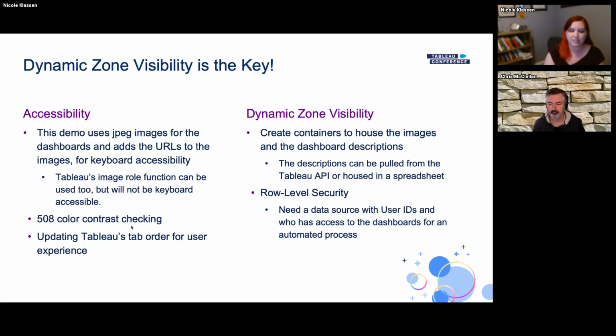The other pieces of accessibility that we built into this was 508 color contrast, which is US based. Essentially, it's making sure that two colors have a high level of contrast. So in this example, it would be making sure this light yellow background and these black or purple images have a high enough level of contrast that someone with lower vision would be able to still see what's going on. So we always check our colors, and then there's a piece updating the tab order that I'll show when I pull up the dashboard